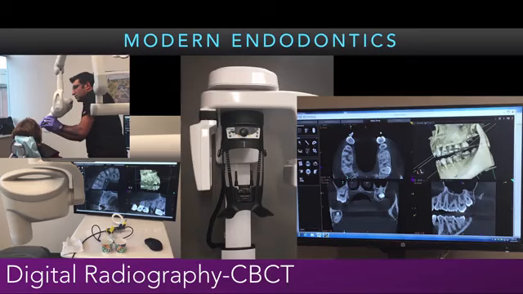Also, modern endodontics has new tools. We have equipment such as digital radiography, which reduces the amount of radiation for patients. We also use CBCT scanning, which gives us the chance to have 3D imaging of the tooth, and then we can get a better diagnosis. We can find measurements and other things that before we couldn't with regular x-rays. So those are some of the important tools for a better diagnostic process and better treatment for patients.